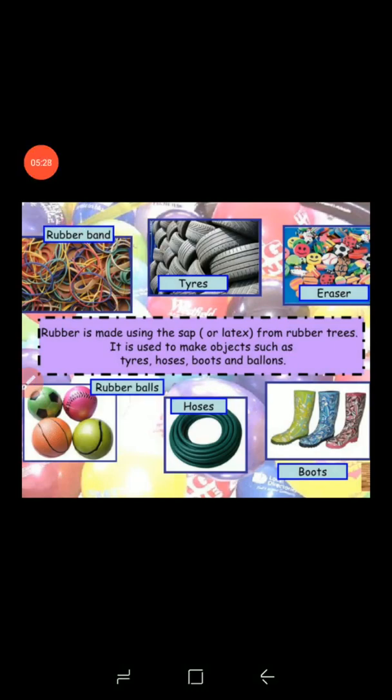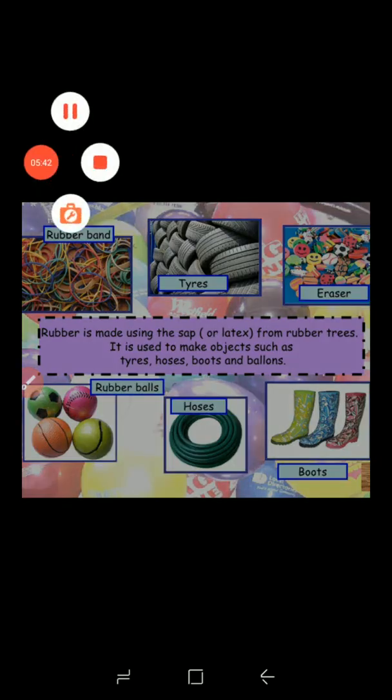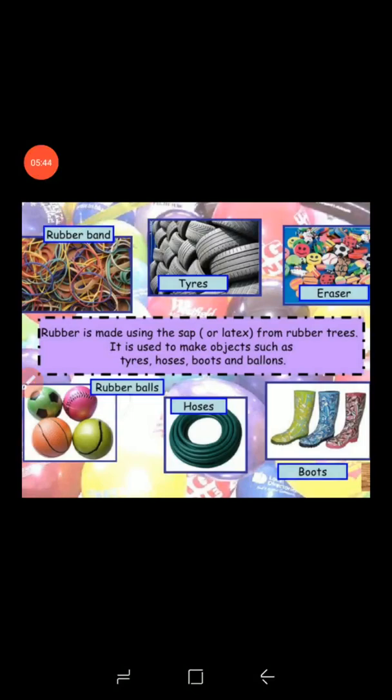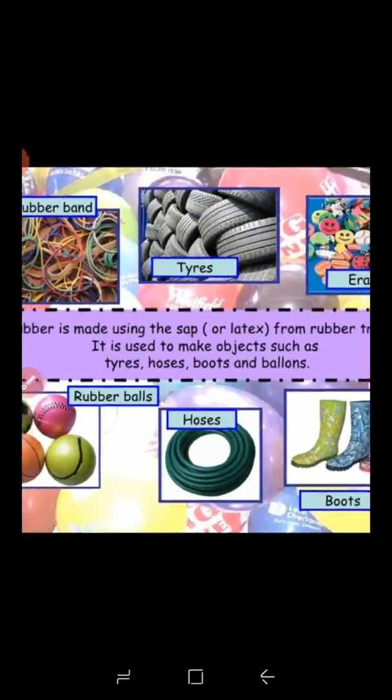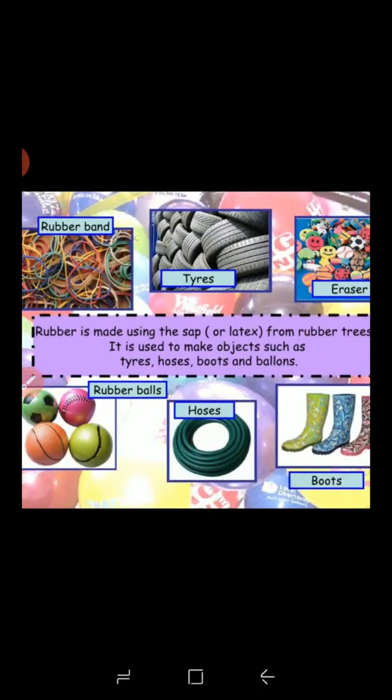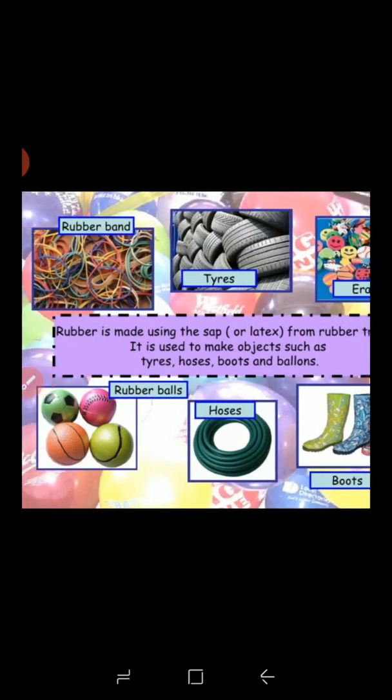As you know, I think in 4th standard you must have studied that we get rubber from the rubber plant. Rubber is nothing but the waste product of the plant, and from that waste product we have made this kind of things. So rubber is also considered a material.